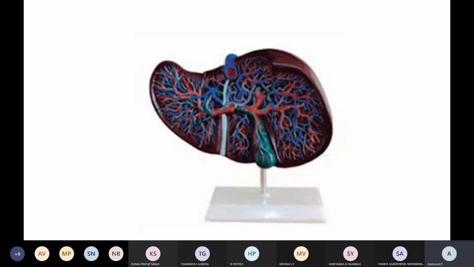That is one of the most important things. Dear student, hepatic circulation in the development of the liver will be one more question for 5 marks for gross anatomy, and hepatic circulation is as far as concerned.